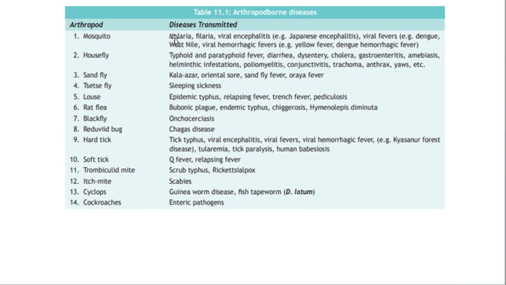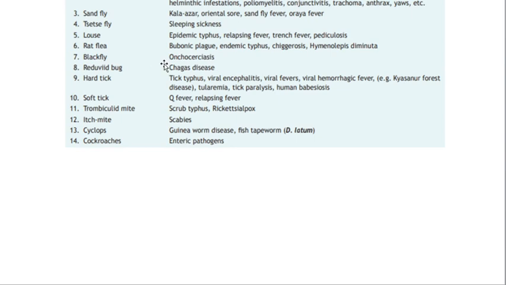Mosquito is responsible for causing malaria, filaria, viral encephalitis, and viral hemorrhagic fevers like yellow fever and dengue. Housefly is responsible for causing typhoid fever, dysentery, diarrhea, helminthic infections, and poliomyelitis. Sandfly is responsible for causing kala-azar, and tsetse fly is responsible for causing sleeping sickness. Louse is responsible for causing relapsing fever, rat flea is responsible for causing plague, and black fly is responsible for causing onchocerciasis, which is blindness. The hard tick is responsible for causing viral encephalitis, and the soft